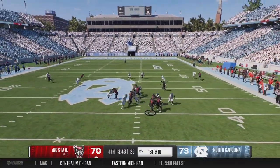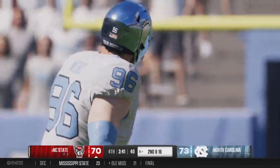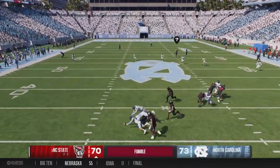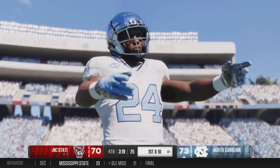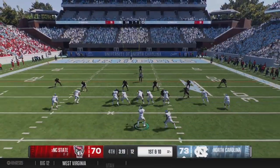Back to pass. It's Bailey. A sack on the play, could not escape the pass rush. And the quarterback looking to make a play through the air. Nowhere to go here, and the ball is knocked loose. Defense jumps on the ball. It's a turnover. Great play by the defender of knocking the ball away to give his...